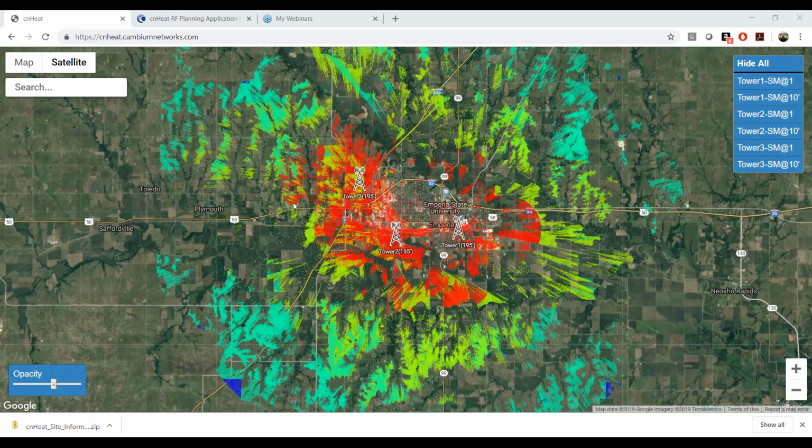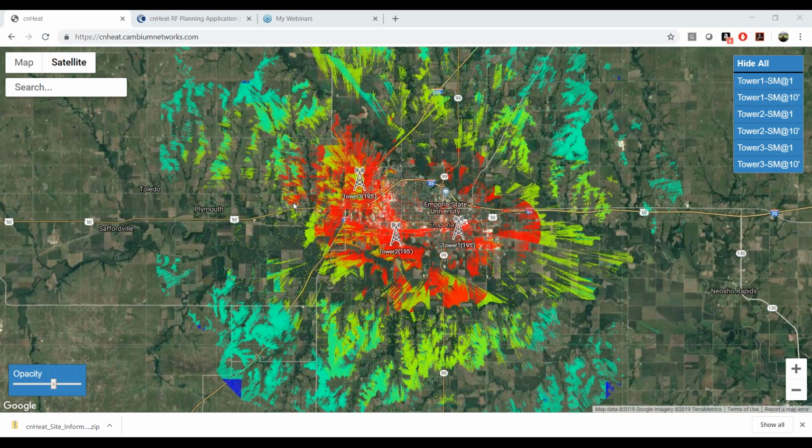The name of this webinar is cnHeat Roadmap. However, this information is essentially the same as the webinar of May 7th. Is any roadmap information available? Yes, good point. Sorry about saying the roadmap. It's cnHeat 1.0. But in the near future in the United States, when you have your cnHeat heat map, one benefit of that is